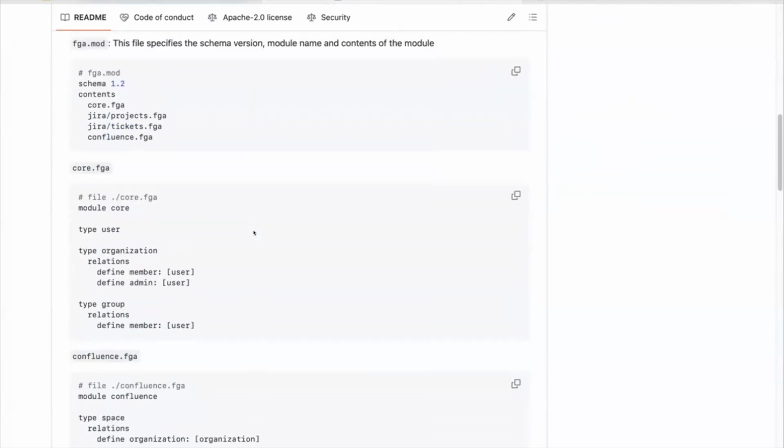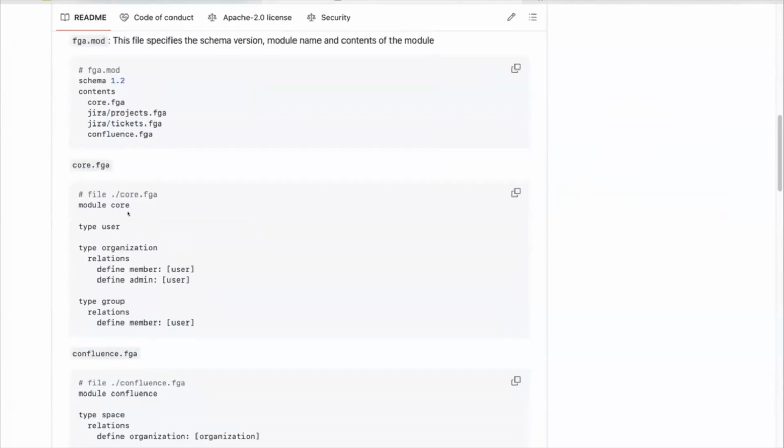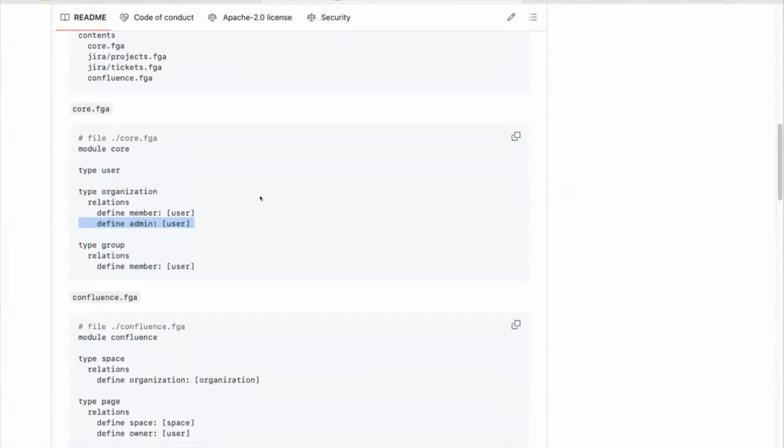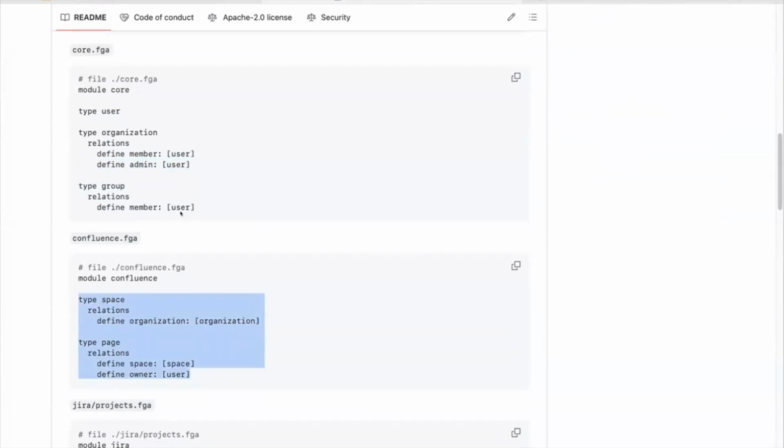So one way you can handle this, without adding something specific for the feature you mentioned, is that each team submits a PR to the core FGA file, adds the relation they want, and it needs to be approved by that team. Okay, so that's one way of doing it. That implies instead of having it here, you add it here, right? And that simplifies the approach because we don't need a specific feature to extend that. Okay? However,